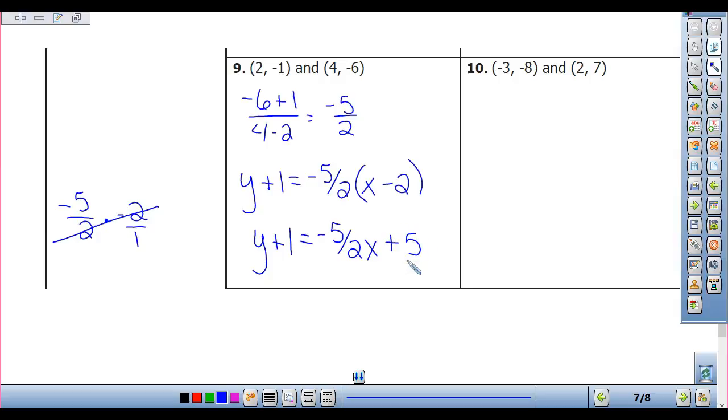I've got negative 5 halves times negative 2, so I'm multiplying. The number I'm multiplying by is the same as my denominator, so my denominator is going to cancel, and I'm just going to be left with the negative 5. Does that help a little bit? A little bit of a shortcut? And then we subtracted our 1, and we got y equals negative 5 halves x